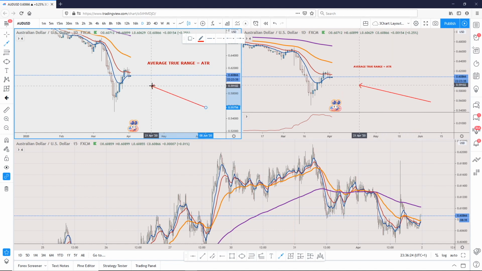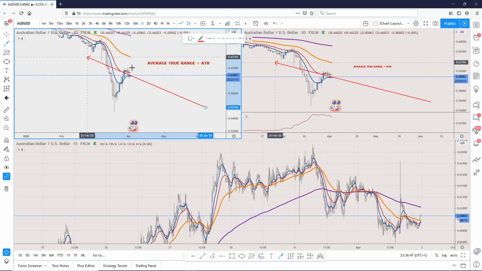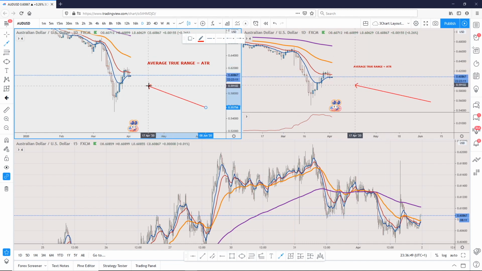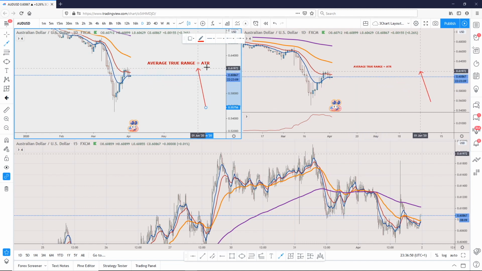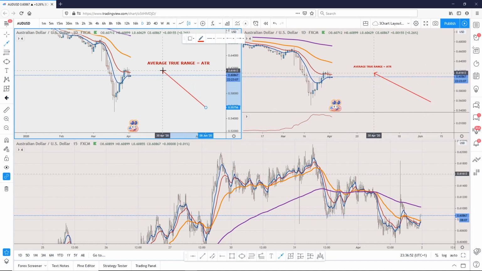Okay, so here we're looking at the 3-chart setup. In the following chapters to come, we're actually going to break down each time frame even more. We're going to go through the individual time frames in more detail. The 3-chart setup is going to help us now that the average true range is higher,